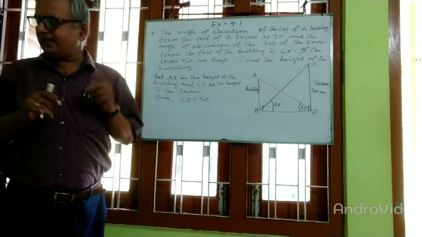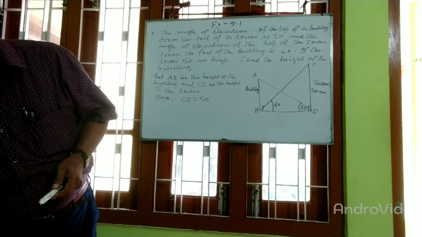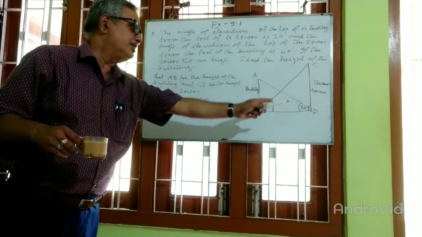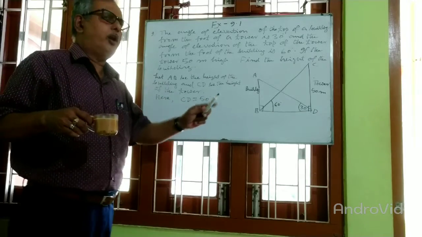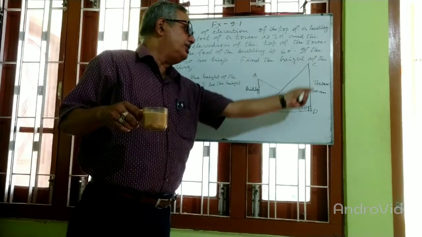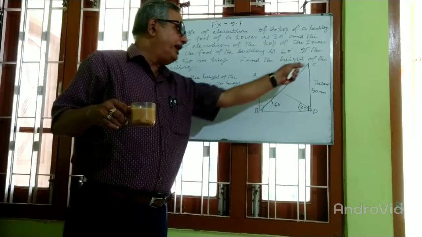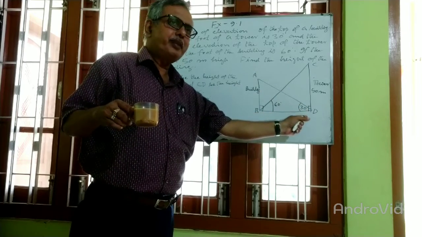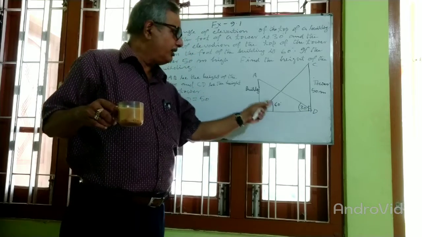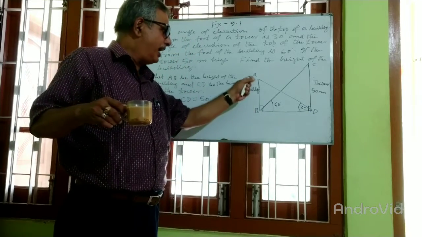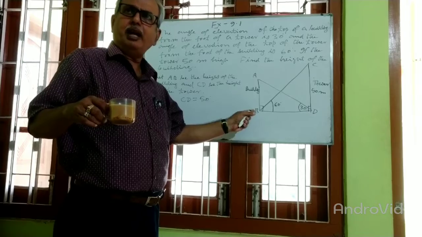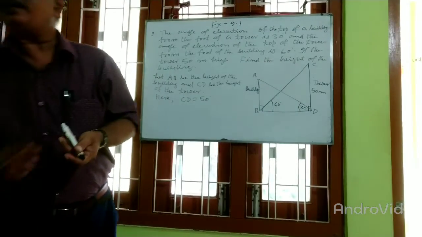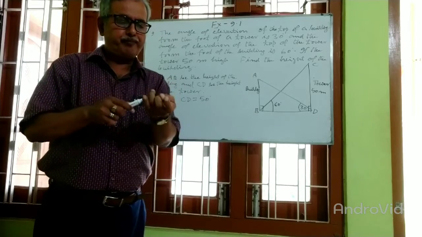Now two right angle triangles are there. What are the two right angle triangles? One is ABD, another is CDB. First of all, you find in CDB. Perpendicular is given. You find out the base, and that base you use in the second case, and you find out the height of the building. Clear or not clear? What I am telling, my dear student?